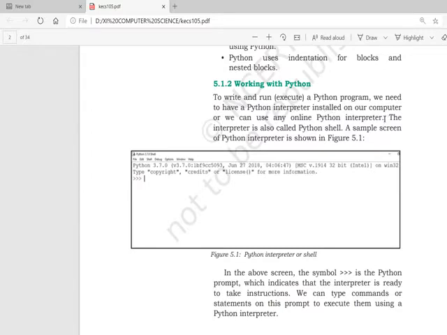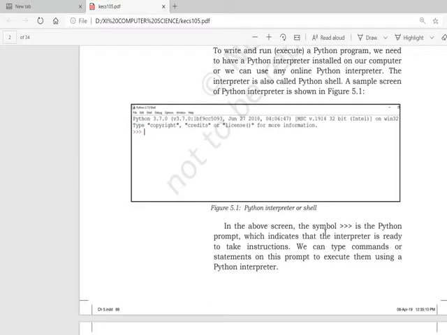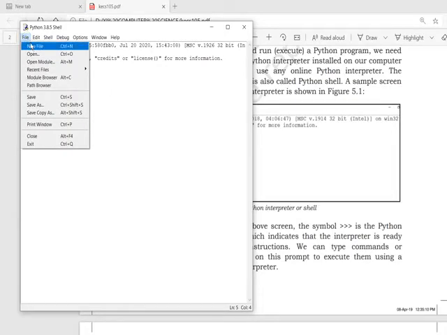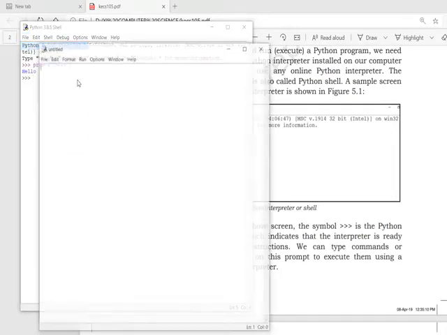To write and run a Python program we need to have a Python interpreter installed on our computer. After that only we can open this environment, the Python shell, and we can work in Python in two modes. Right now you are in interactive mode, where you can give an instruction, like this one Python instruction to print hello on the output screen. As soon as I press enter, it will give the output in the form of hello. This is a one-line program in which we want to print hello, and it has given our desired output. That is the interactive mode.